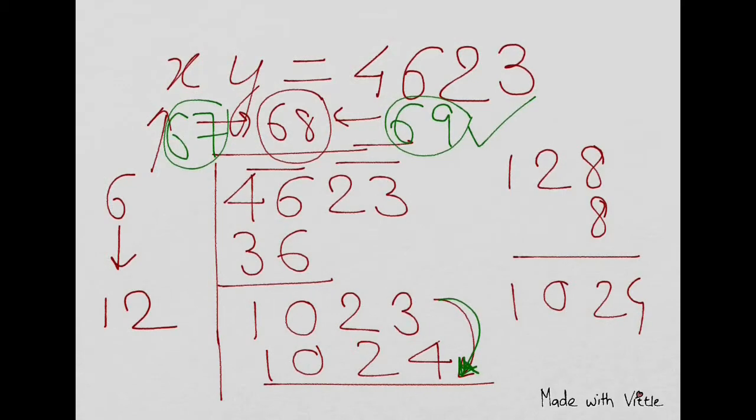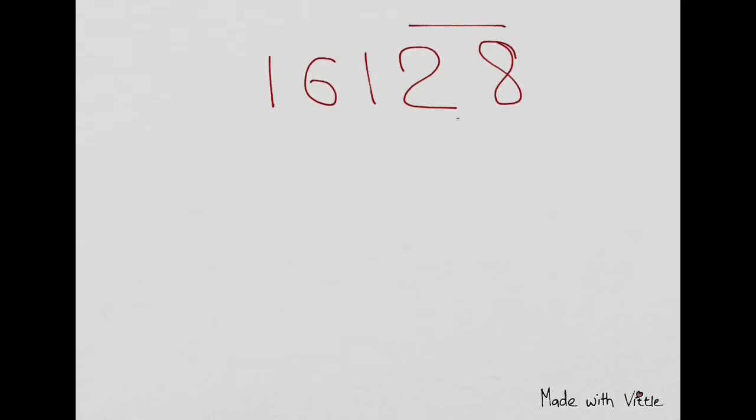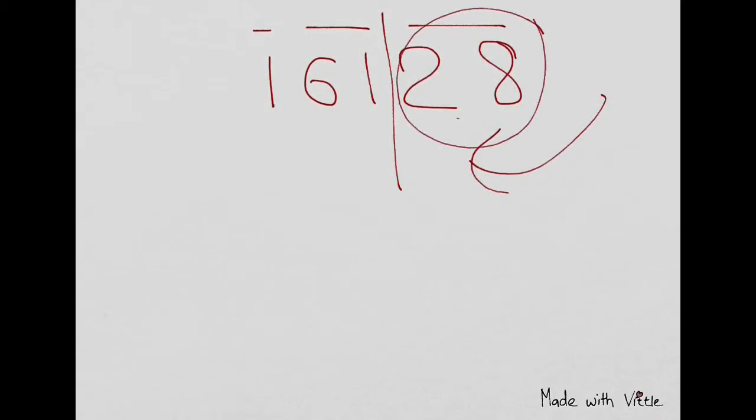So how will you do it much quicker? Let's take a new number and try a new method, a quicker method. So 16128. This is our question. If we divide this part and this part, forget this part. Right, here just forget it. So 161, the closest square should be 144, yes, 12 squared is the closest. After that, 13 goes to 169, so 13 won't be that number. So 12 is there, right?